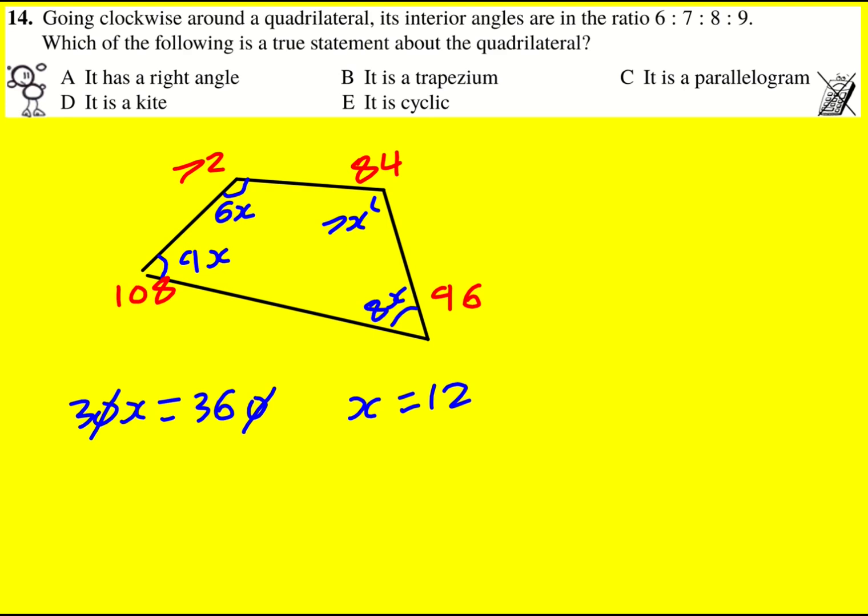All right, now what kind of quadrilateral is this? Well, we definitely don't have a right angle. Okay, trapezium. A trapezium is when two of the sides are parallel. And what that means is that these pairs of angles are co-interior and add to 180. Now we have precisely that here, so I'm already thinking it's a trapezium, and actually, because it's a multiple choice